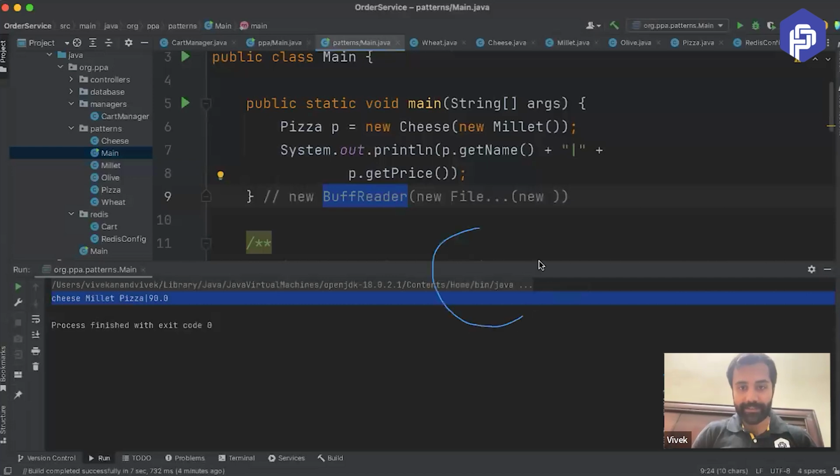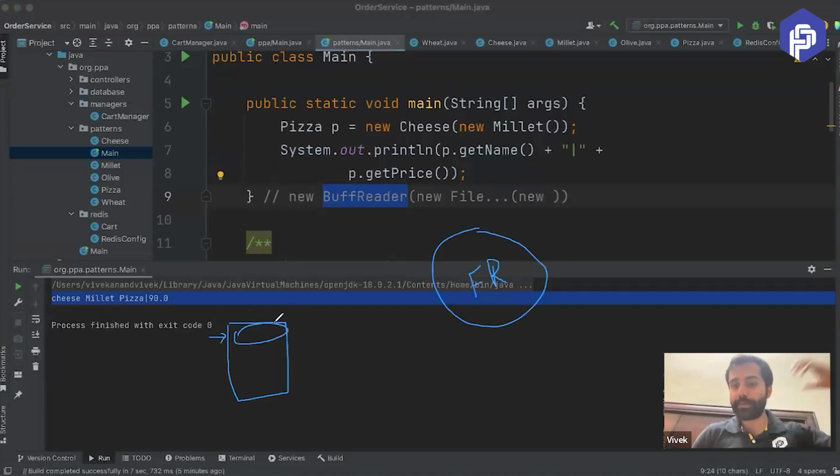Let's say this is your file reader. This is only capable of doing one thing. And what is that one thing? Let's say there is a file. When you call the read method, it goes to the next line and brings that next line from the hard disk to the main memory, which is from your file to the main memory, right? Now, if every time you call read, that is going to take a lot of time, right? Because reading from the hard disk is expensive. So you can wrap it with a layer of